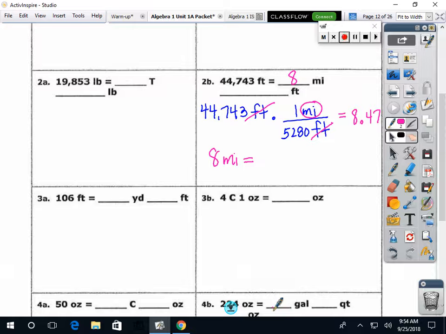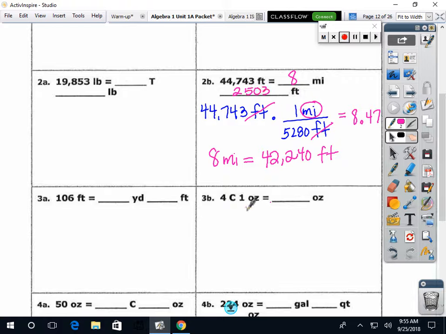Eight times what? All right, you just need to do 8 times 5280, and that would let you know that 8 miles is 42,240 feet. Does that make sense to everybody? And now I'm just going to subtract that from the total that I started with of 44,743,